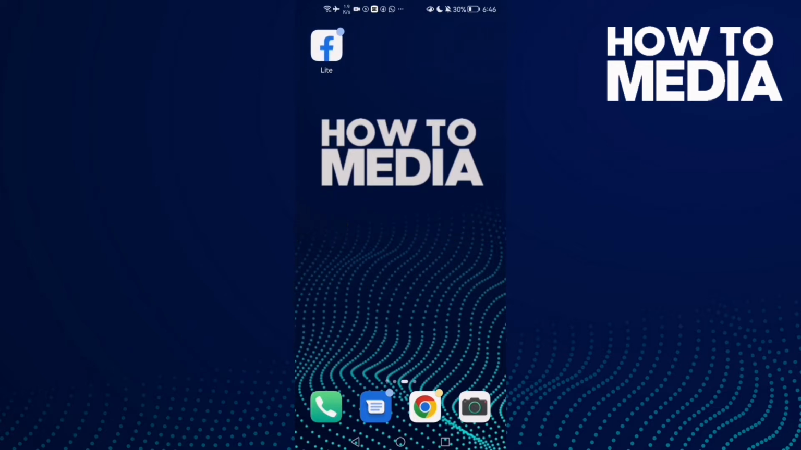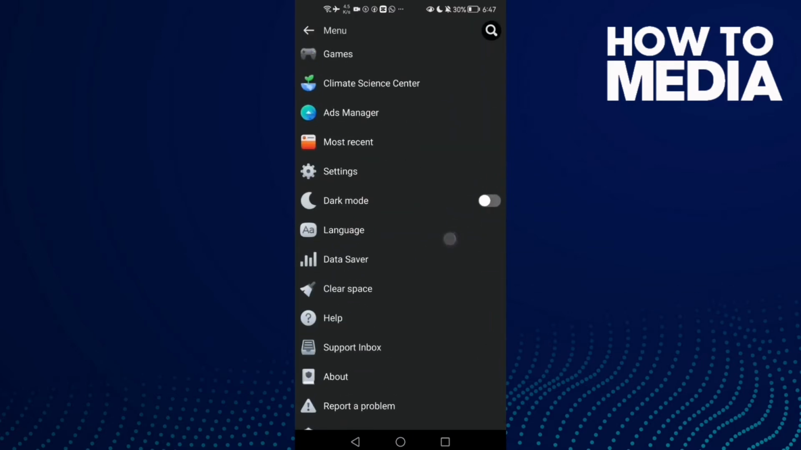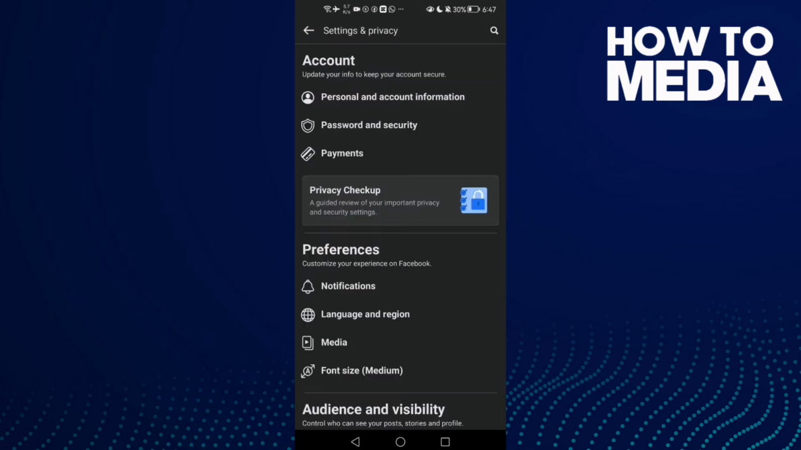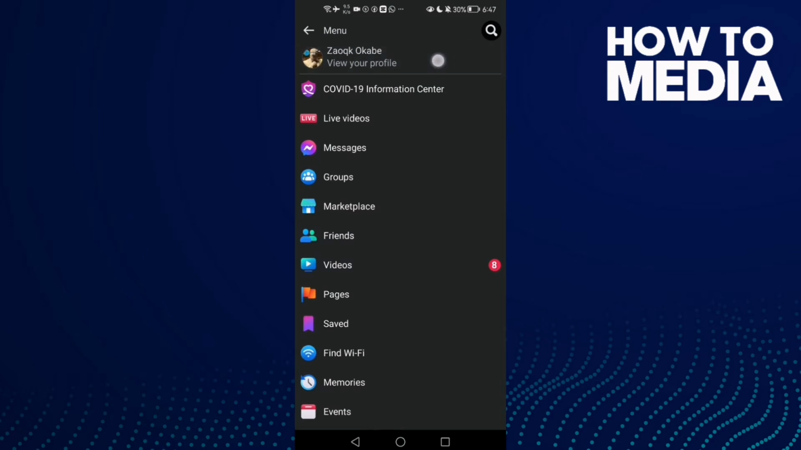First thing, go to Facebook Lite. Here you will find these three lines in the top corner. Click on it and then just click settings. Then not settings, click on your profile here, and after you click on it, just